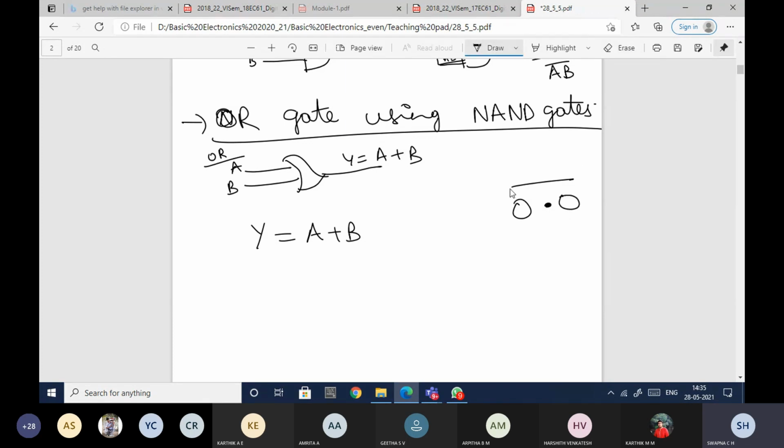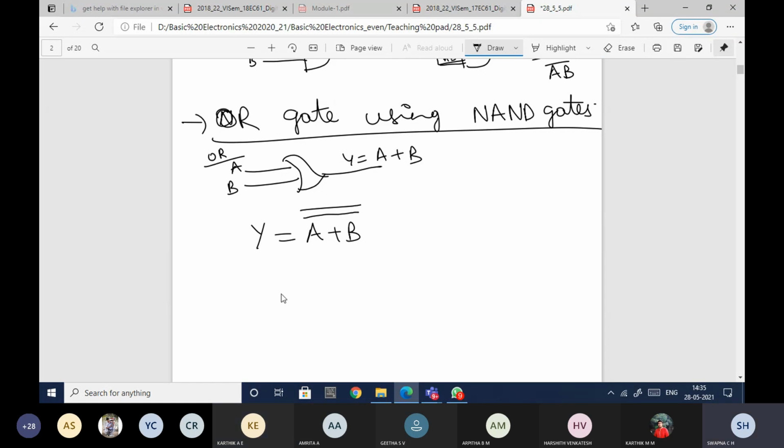Term into term whole bar form I should have. Here I can have any term, here also I can have any term, and whole bar form should be there. But is it in that way? No, ma'am. So what I need to do? Okay, I'll show you. I'll take double complement here. If I take double complement, it will not change the meaning, right?